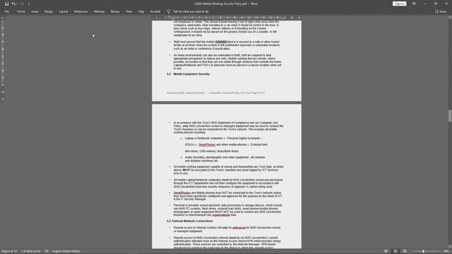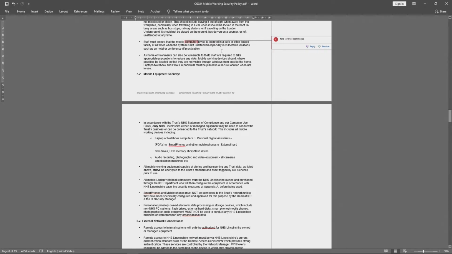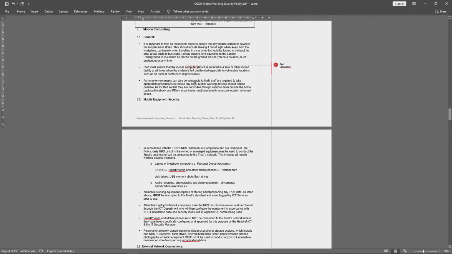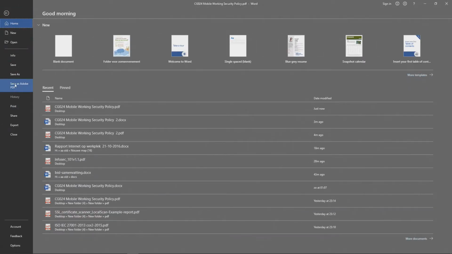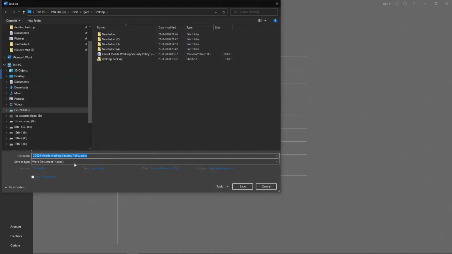You can insert, for review, a new comment if you want. And now you have a PDF file changed and you have added comments to it. And now you can say, okay, I want to save it as a Word document.